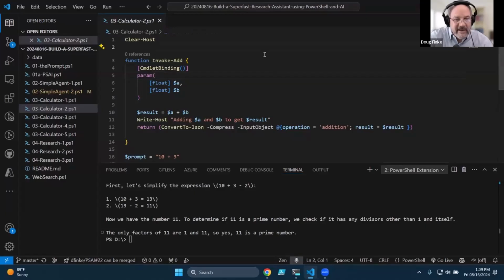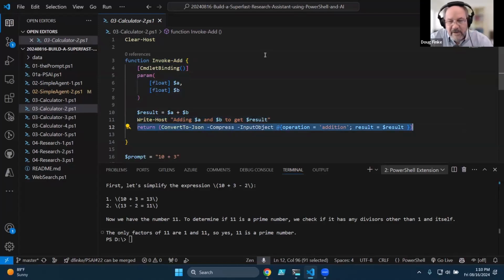So in this example, I'm going to add a function called Invoke-Add, right? It takes two parameters, right? Notice I'm saying they're float. And I'm just going to write something out so we can see it on the screen about adding. And I'm doing some little extra work here, not necessary, but just to show you,